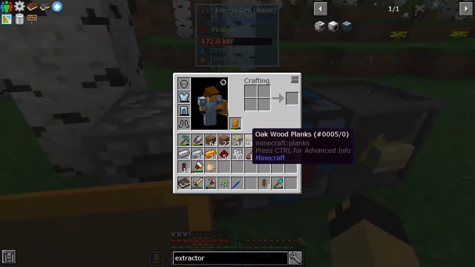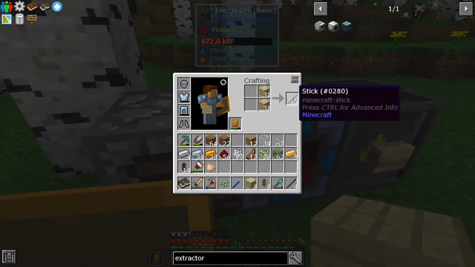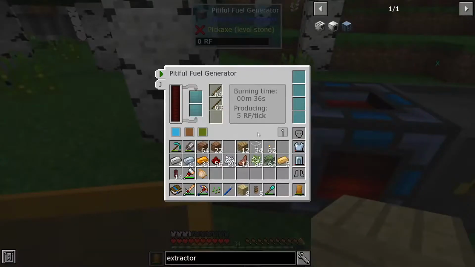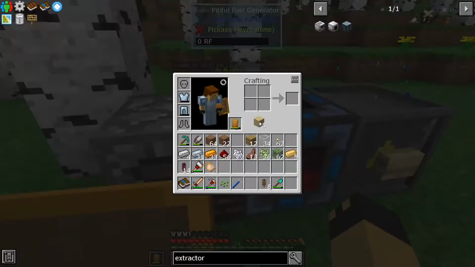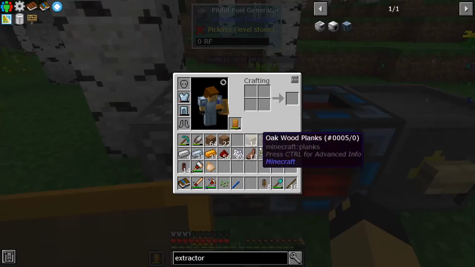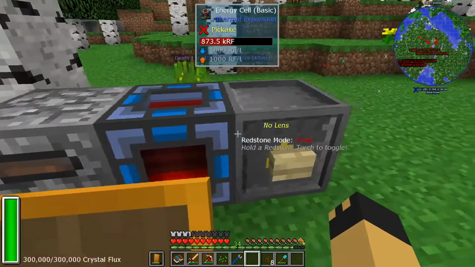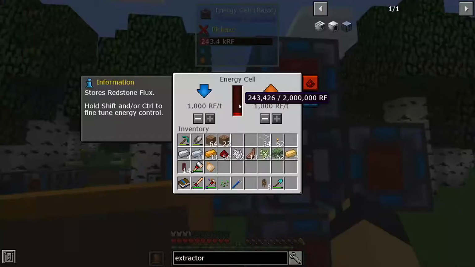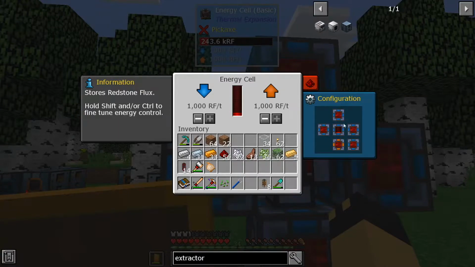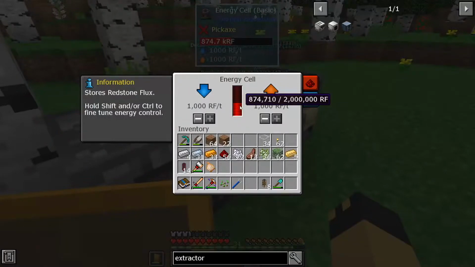So like, yeah, I mean, I'm gonna fill this. I'll fill this energy cell up. 2 mil, easy. I mean, I have the extra wood, but in the short time, if I turn off inputs on this, I can probably